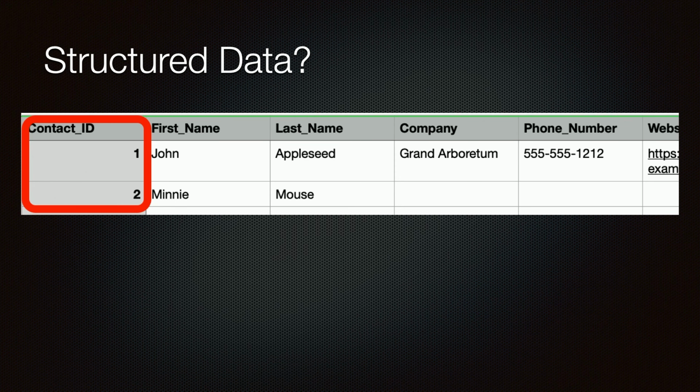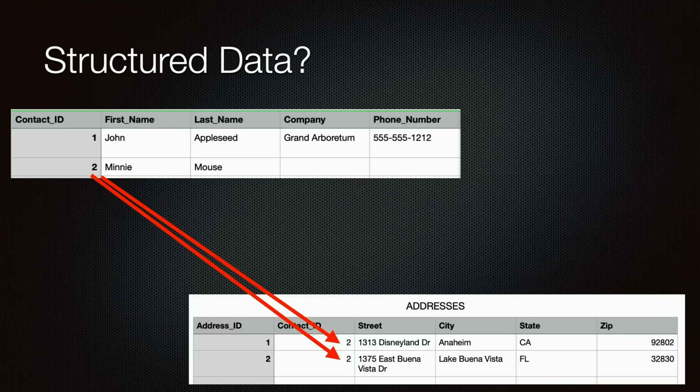It's very common to have an ID field that uniquely identifies a record or row in your data rather than counting on any other element of the row to be unique. You'll never see it in the user interface, but that's how the tables are tied together. Notice the address table has its own ID field because you can't count on any part of the address to be unique either.